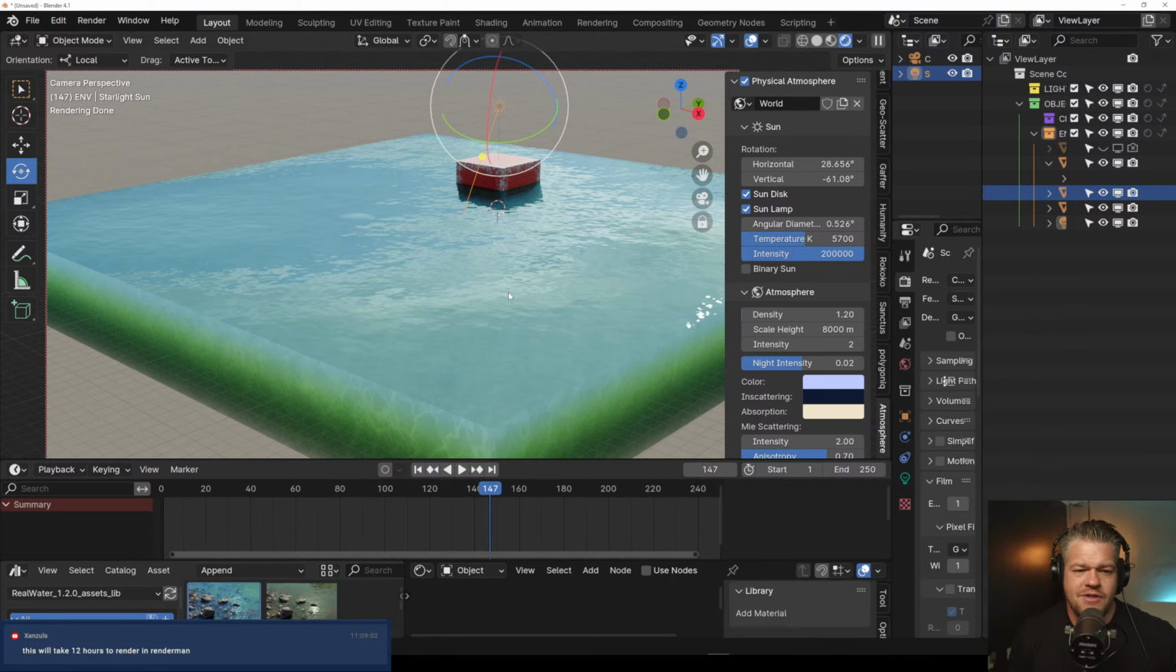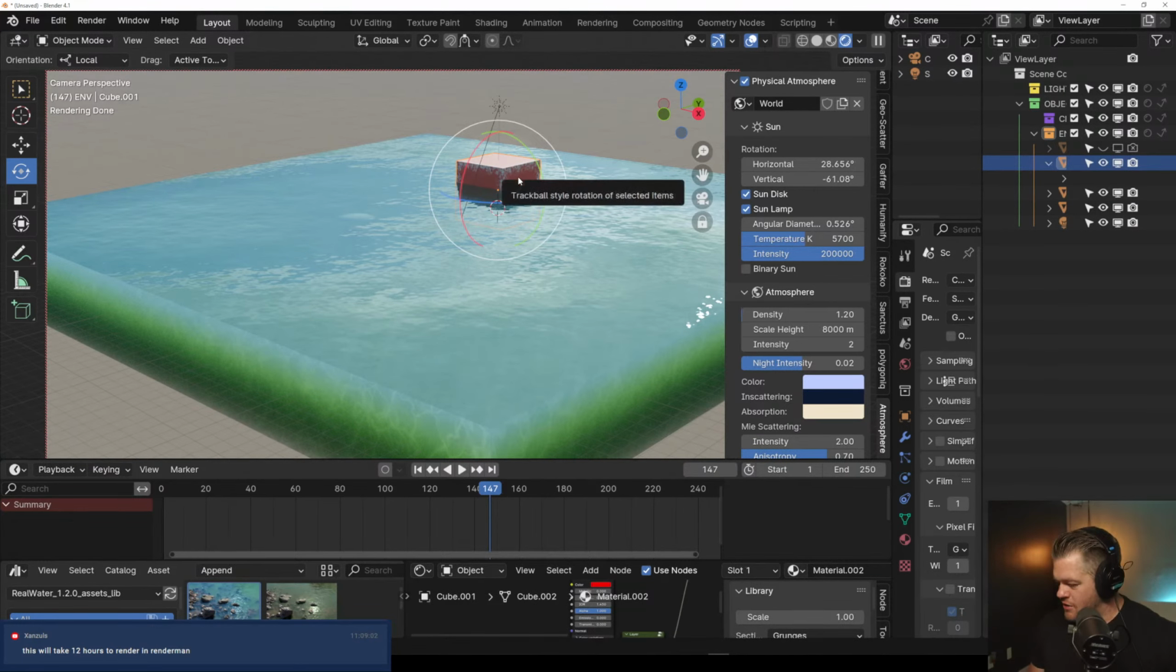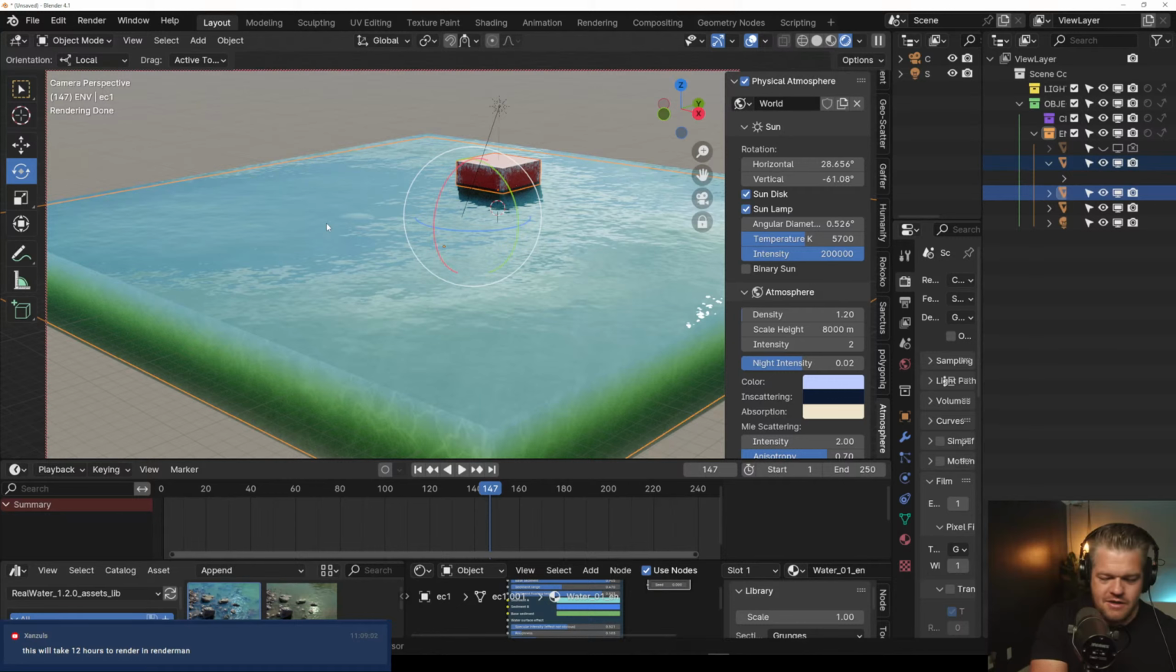This will take 12 hours to render in RenderMan. You are correct. Yes. Something like this would take a really long time, and it's cleaning up that noise within that water. It's absolutely insane. I am curious, can I take this, click on this, and I'm going to send that